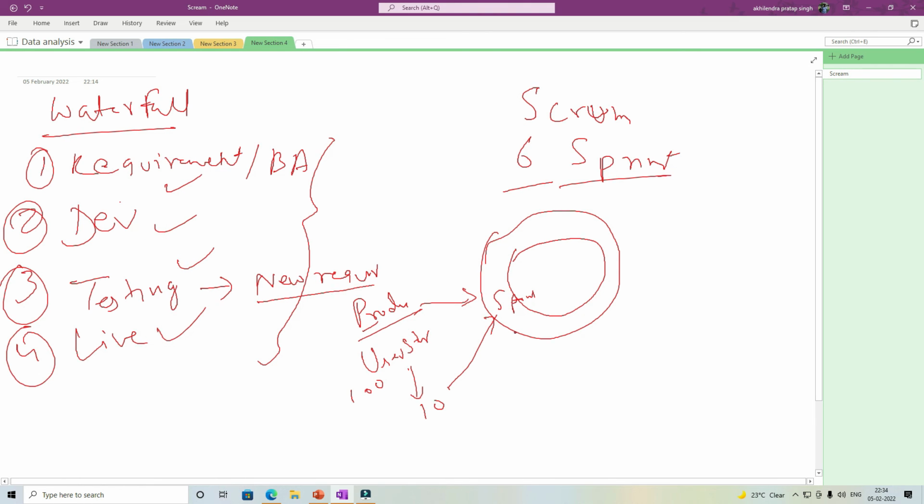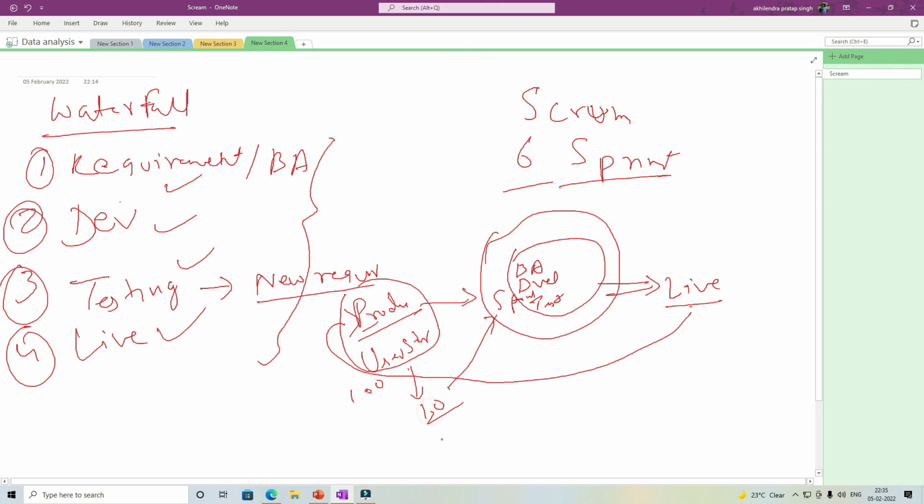So business analysts or product owners, they will refine those user stories. So essentially they will perform the business analysis, then developers will develop them, testers will test them, and then they will go live. We will show it to the client, they will share their feedback, and then let's say we get some defects, we get some new change. Those new requirements will come back to your product backlog. So this product backlog will again be analyzed, prioritized, and we will again select another set of user stories.